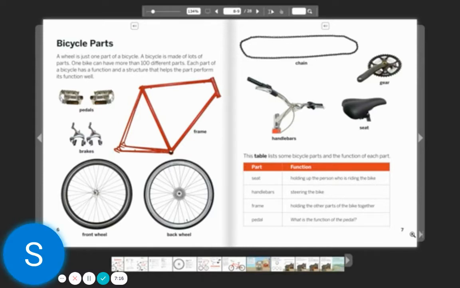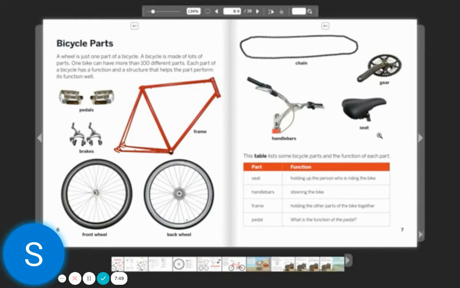A bicycle is made of lots of parts. One bike can have more than 100 different parts. Each part of a bicycle has a function and a structure that helps the part perform its function well. So we have pedals, brakes, the front wheel, the back wheel, the frame of a bicycle, a chain,